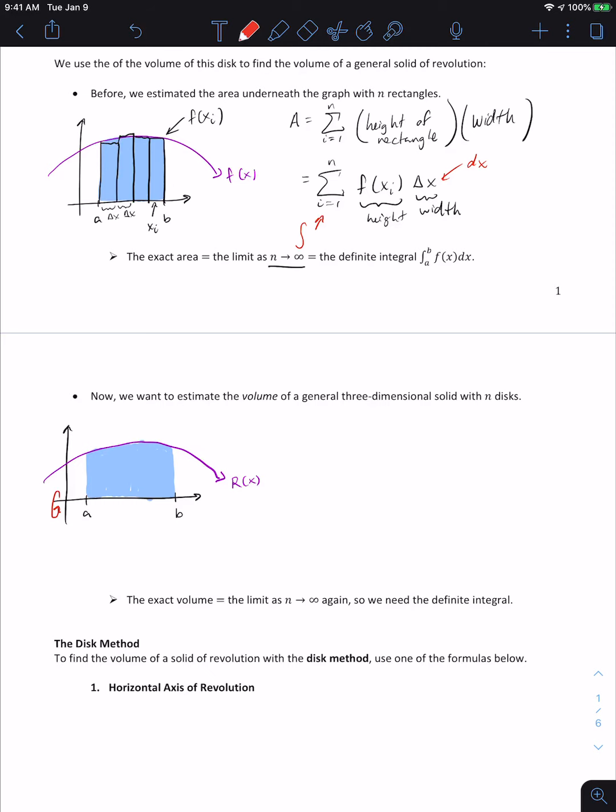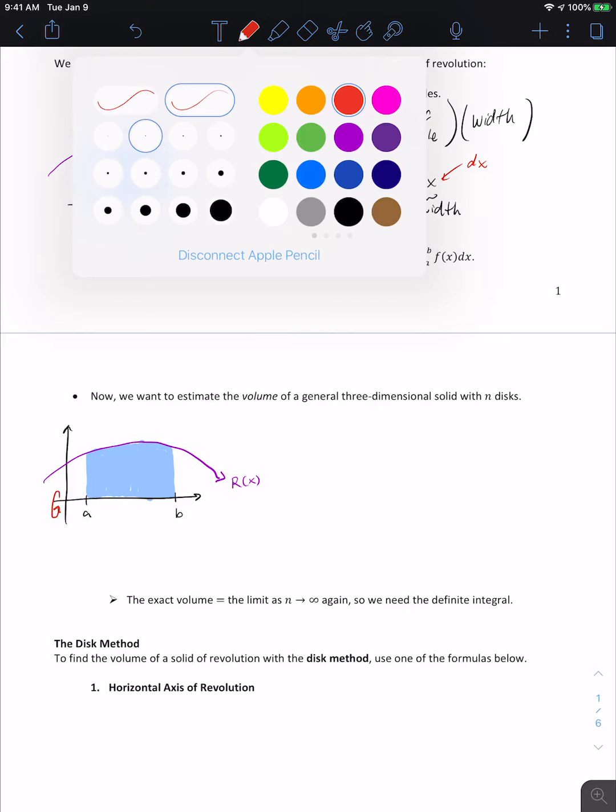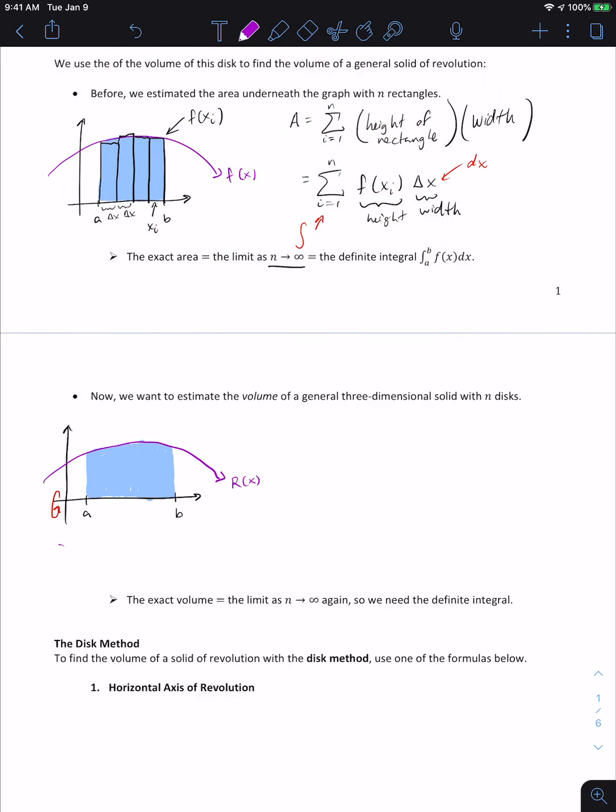Well, we'll end up having this solid that's revolved around the x-axis. I'm going to draw it in dash marks to remind you that this isn't a solid that's been revolved around. What we can do is put a bunch of these little disks inside. This is the disk after it's been revolved. We can put a bunch of these little disks inside of the solid of revolution, and if we find the volume of a bunch of these little disks and add them up,